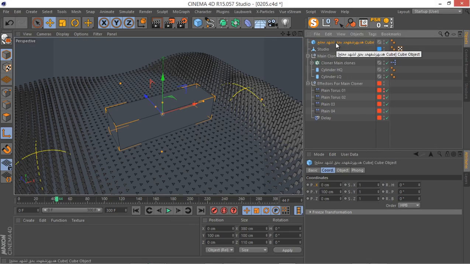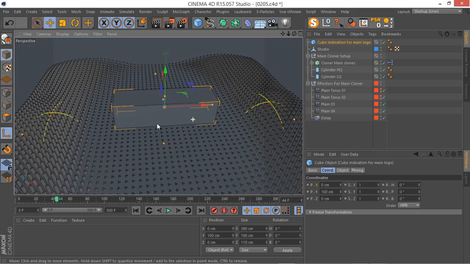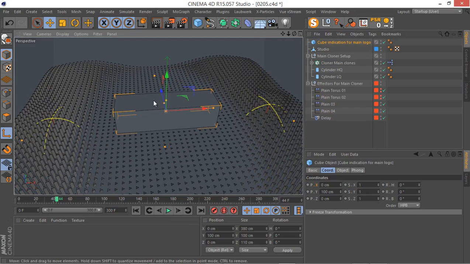Okay, so that's really great, and this is going to help us a lot. Now let's go to After Effects, and I'll show you how I created the texture